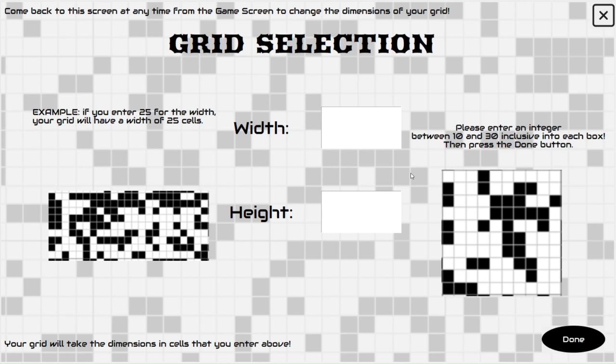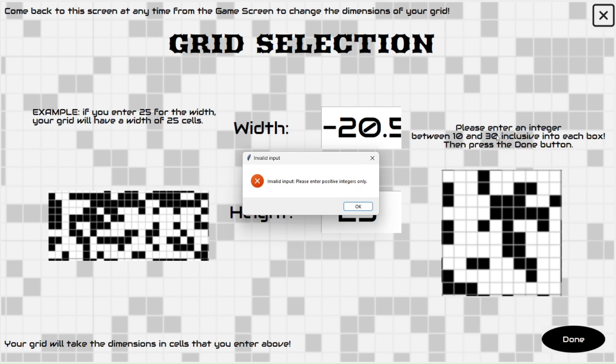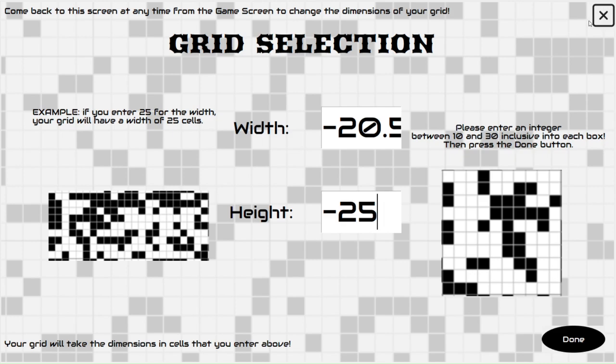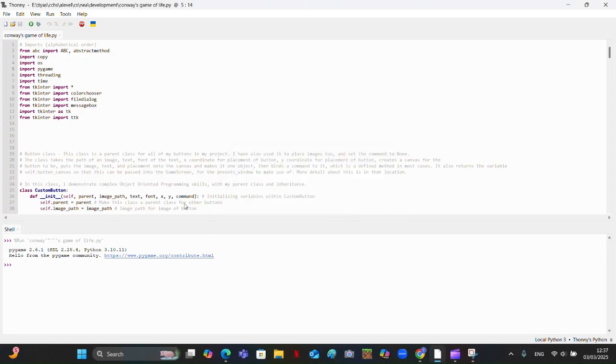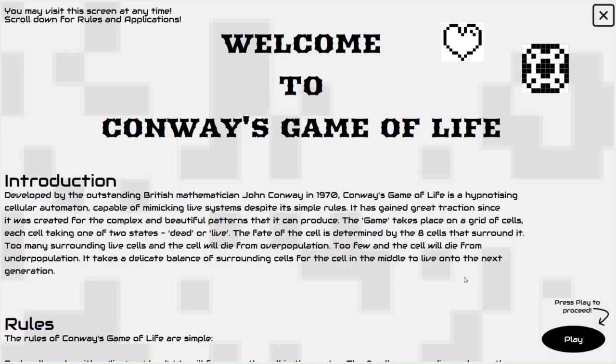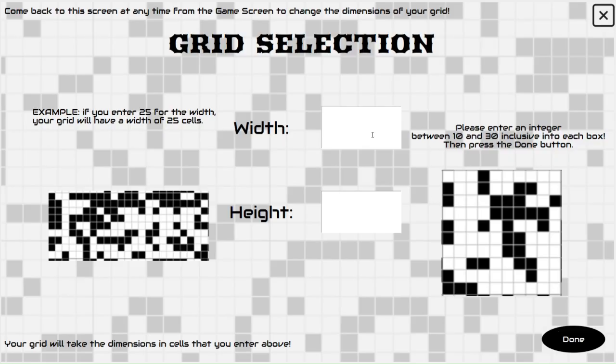And my eighth test is what happens if the user enters negative numbers for these two entry fields. So if the user enters minus 20.5 in the width entry and minus 25 in the height entry and then presses done, obviously this is not within the range, so an error message is thrown up guiding the user to only enter positive integers. And then my ninth test is what happens if the user enters positive numbers that are